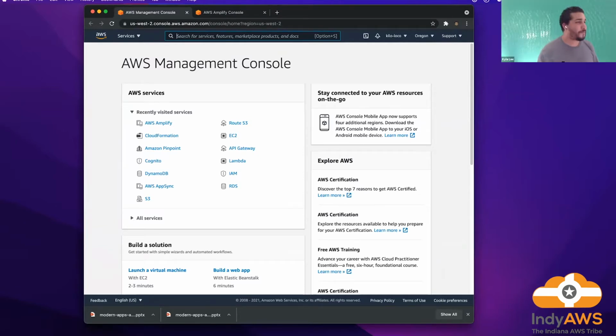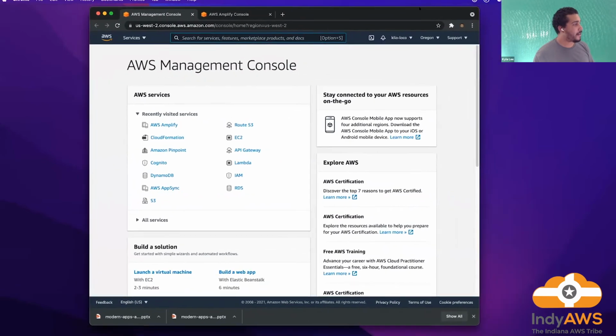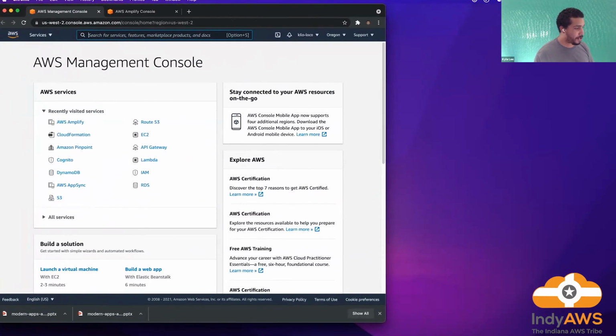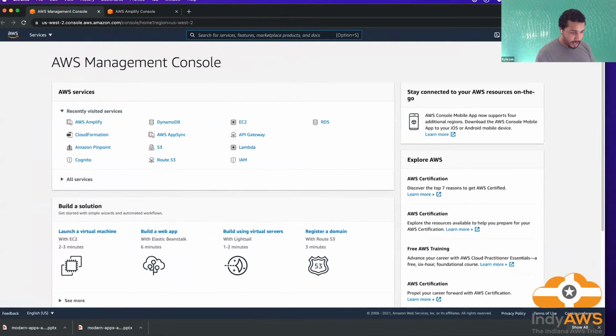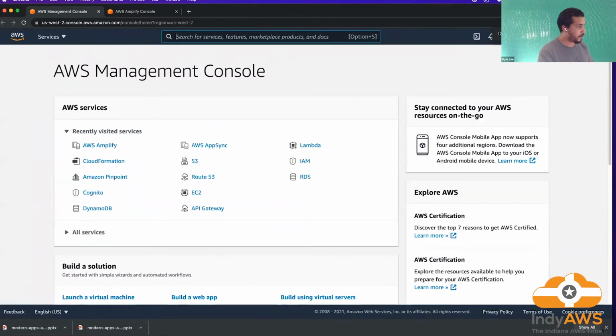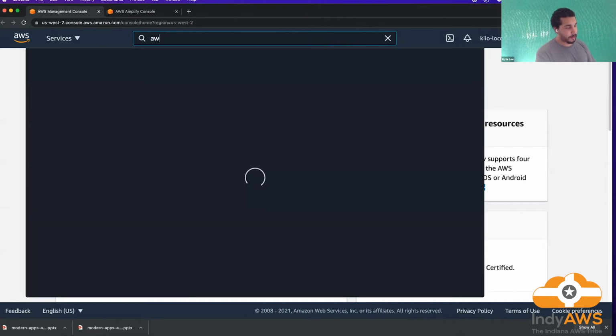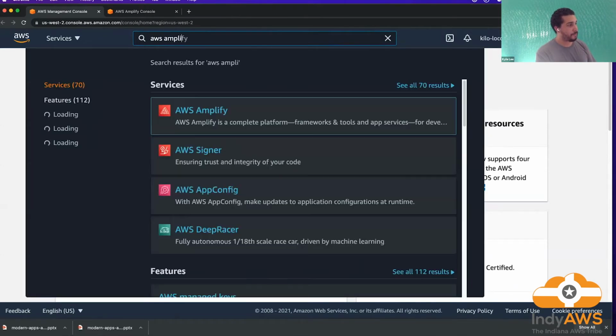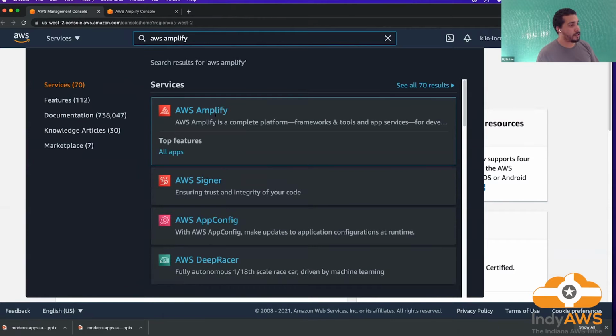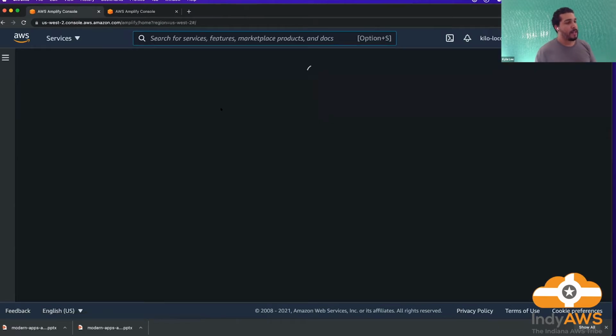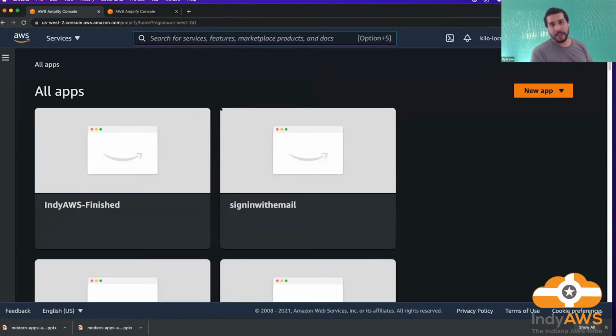Okay. So what we're gonna do is I'm already here at the AWS console, probably a screen y'all are pretty familiar with. And let me make sure it's big enough so we can see everything. So when you're just getting started, you can search for Amplify like that. Just type it into the search bar at the top. You click on it. You'll see a different screen than what you're seeing right here. Obviously, I've been using Amplify for a while. I have a couple of projects.